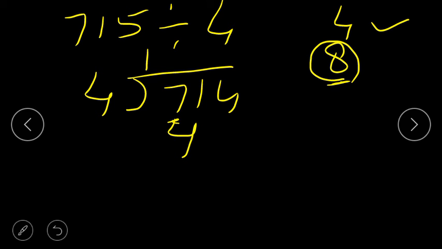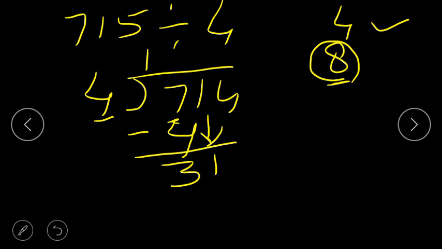Because if you write 8, that will be more than 7, and this is not the rule of division, and it cannot be subtracted from the number. Okay, dividend. Now subtract it. Take out your 7 fingers and minus, fold your 4 fingers. Remaining will be 3. 7 minus 4 is 3. Now this 3 is smaller than the divisor. Now what you have to do? You have to bring down the number given on the tens place, by putting this arrow, that is 1.